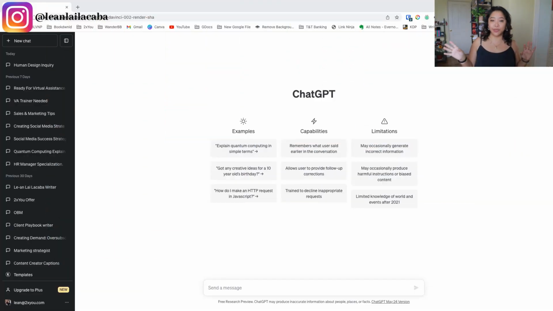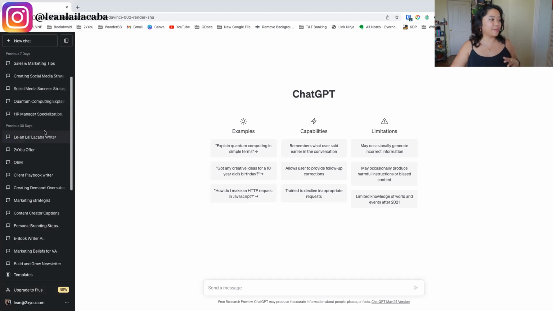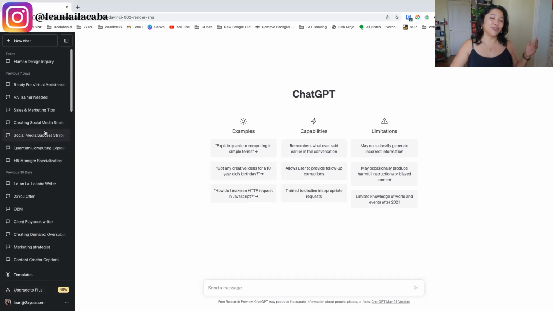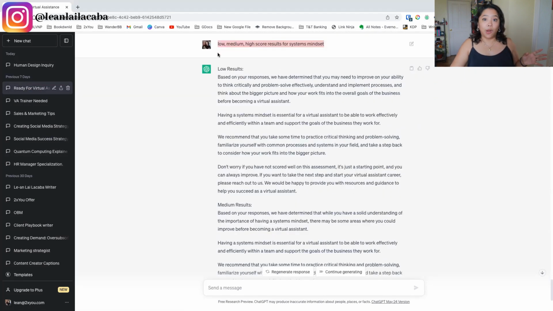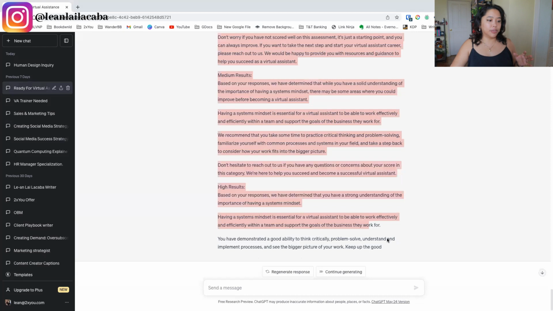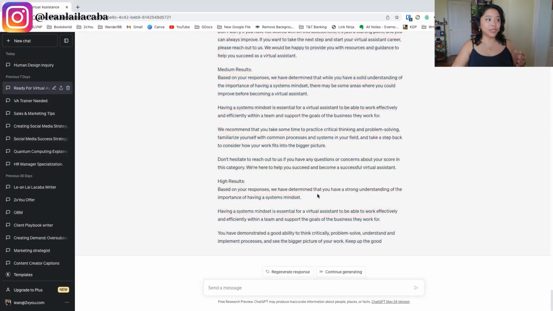Now, if you've never seen ChatGPT before, this is basically what it looks like. I have different terms that I'll be using. One is a prompt. A prompt is the input. These are examples of prompts right here. It's the input that you'll use inside of ChatGPT. You also have threads. Threads are like the different ChatGPT topics, for lack of a better term, that you have saved on here. And you also have output. Output is the response from ChatGPT. So this right here is a prompt, an input, and this is an output. As I use those terms as we go through this, hopefully that is pretty quick and easy to understand.